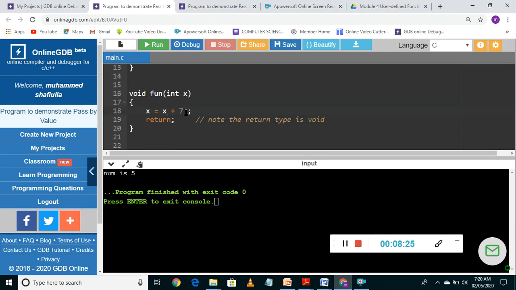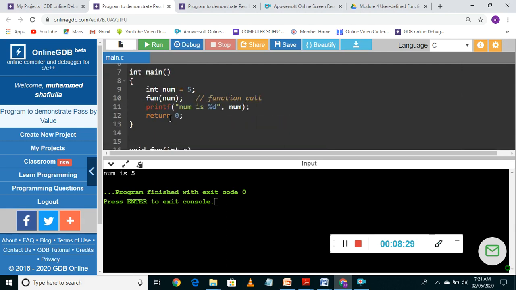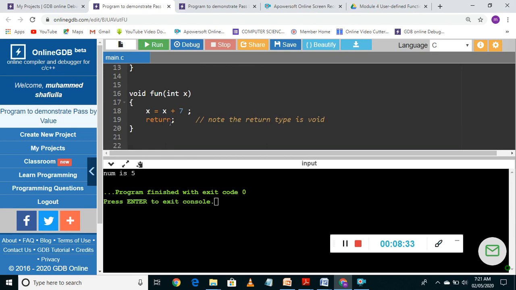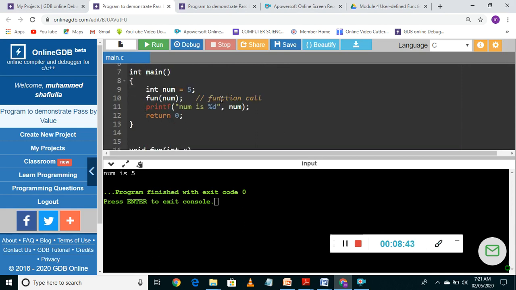Of course x is changed, my Xerox notes are changed, but not the actual notes. Hence we say that call by value technique protects data. If I try to print the value of x in the called function, obviously I get the value as 12. But since I am printing in the main function, my actual parameter is unchanged. Hence I get the result as 5 but not 12. Fine. So this is call by value technique.